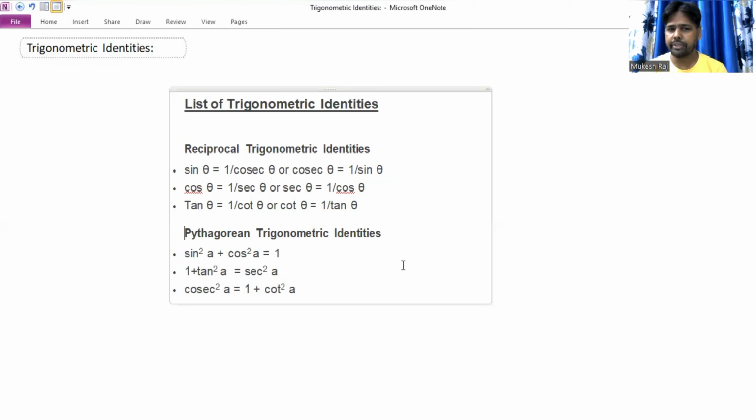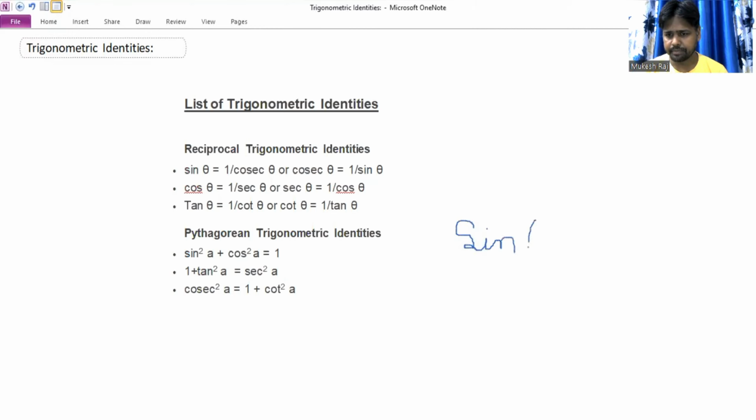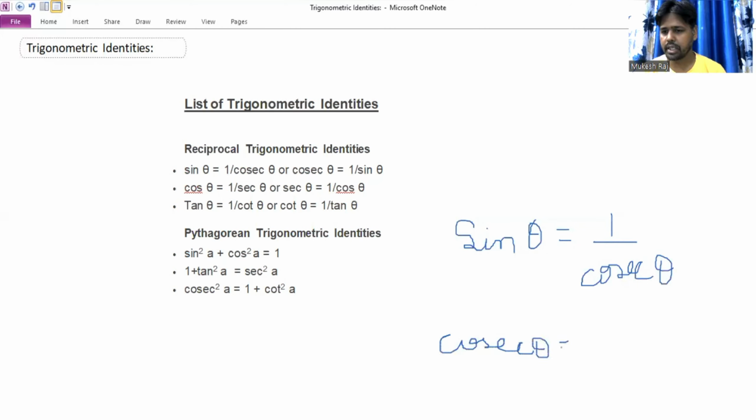Okay, fine, friends. If we take the reciprocal, it means that we are dividing by 1 and seeing the result. So sine theta, reciprocal of sine theta is 1 upon cosec theta. Similarly, if we reciprocate them in this form, as we have written, sine theta is equal to 1 upon cosec theta, and once we reciprocate it, meaning we interchange the places of sine and cosec, it becomes cosec theta equals 1 upon